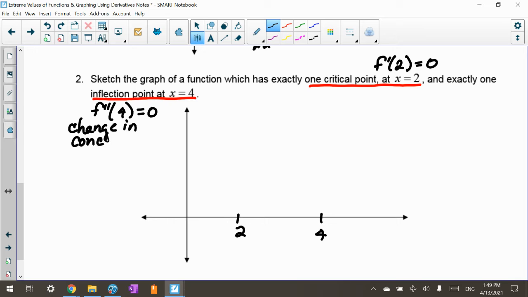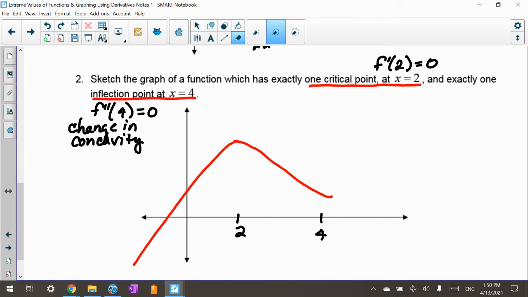So you can change from concave up to concave down or vice versa. All right, so let's kind of do a sketch here. I'm just making something up there. Slope is 0 for our critical point, and my inflection point,